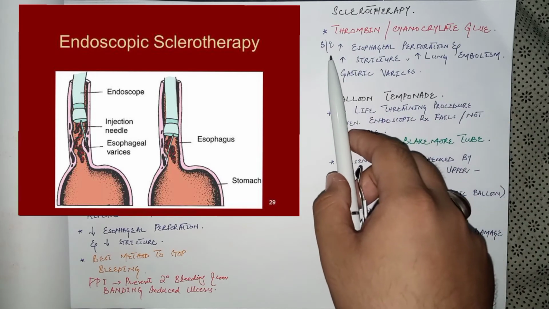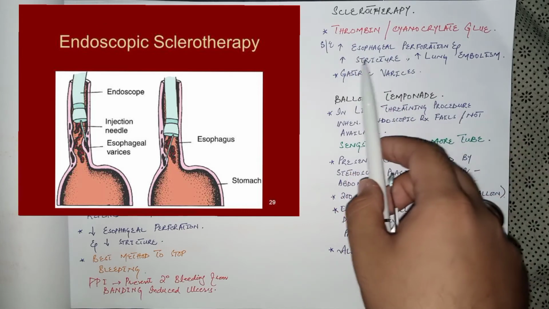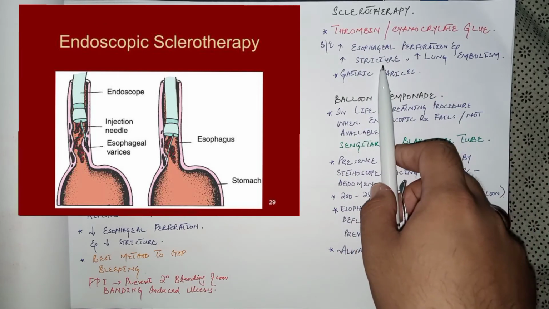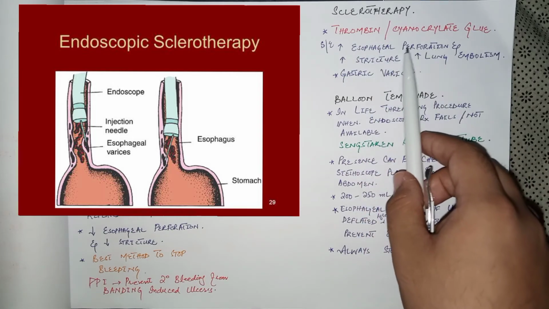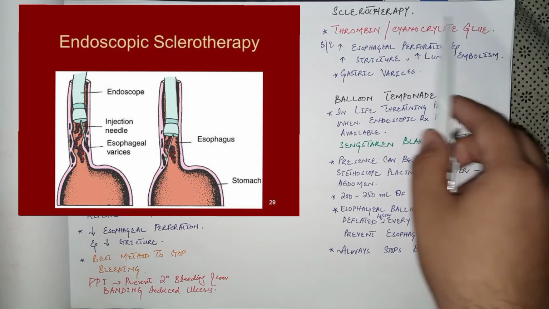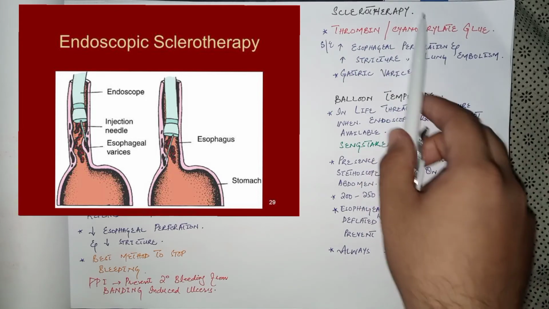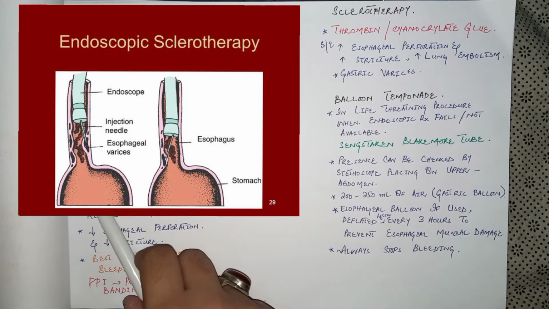But here the side effects are that the chances of esophageal perforation are much higher, as well as more chances of stricture formation. A severe side effect is that the patient may develop pulmonary embolism from this cyanoacrylate glue. And this procedure is now used in gastric varices, because in gastric varices